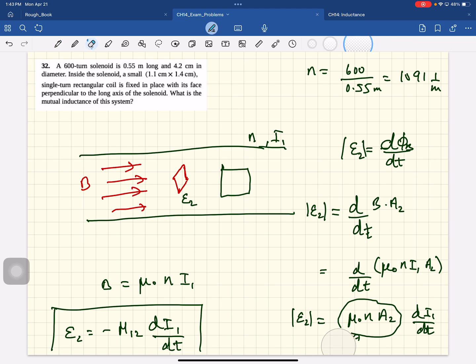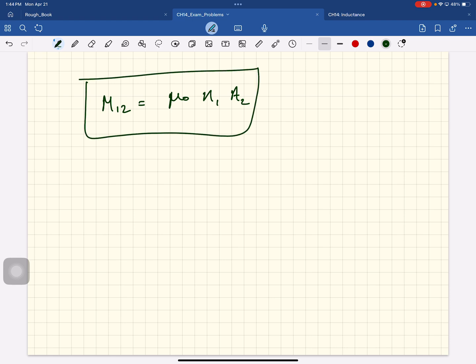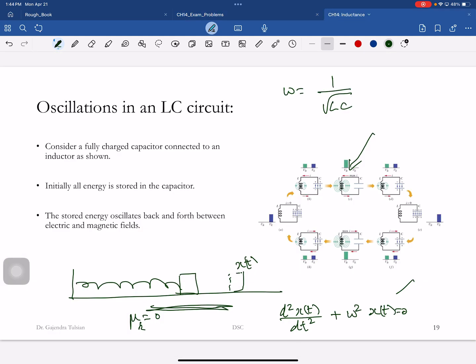So it depends on all those things. So there's the mutual inductance. For this configuration, the mutual inductance was mu naught N1 A2, where N1 is the number of turns of coil per unit length for circuit 1. Okay, we'll stop here, guys. Okay. I'll see some